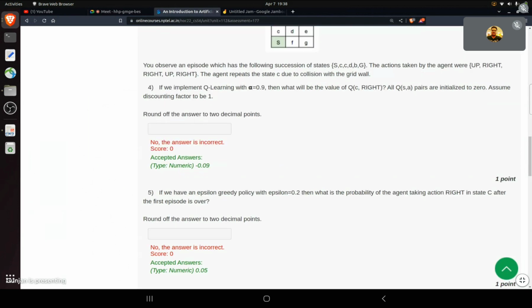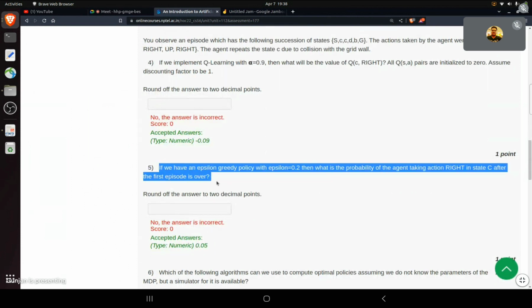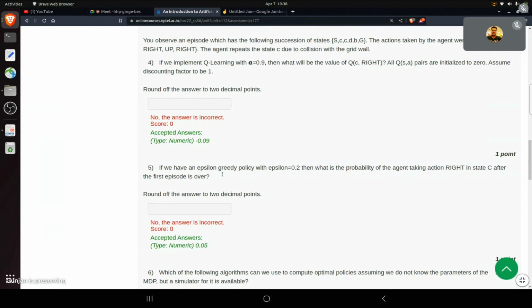So this is how you perform a step of Q learning. And this question, although not discussed in the lecture, has a theoretical concept. If we have a greedy policy with epsilon 0.2, this is essentially that epsilon greedy policy which we studied in the class,